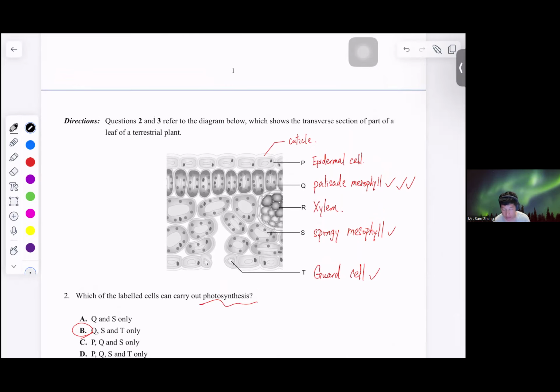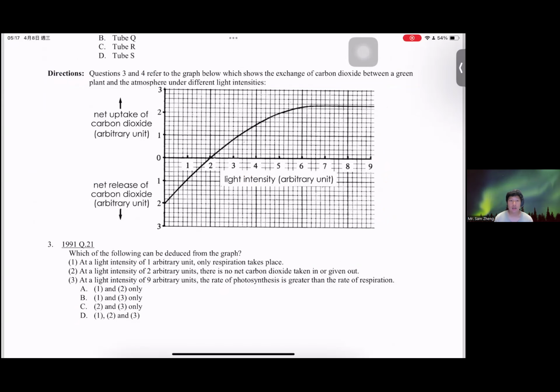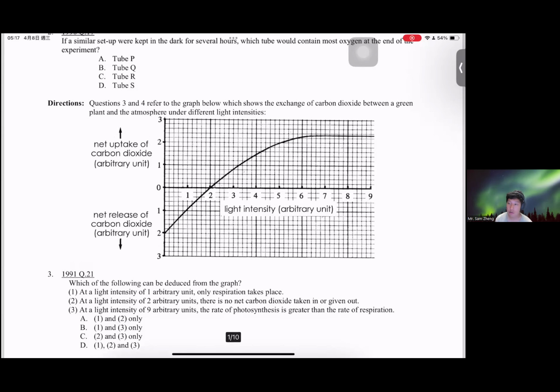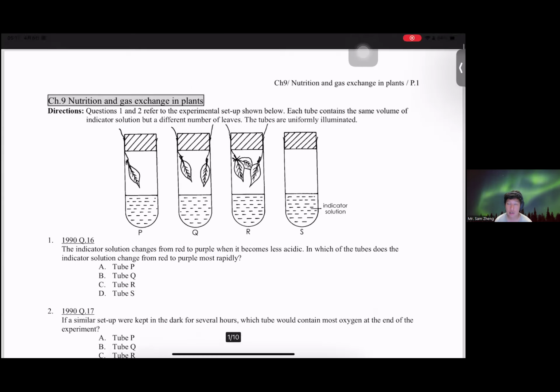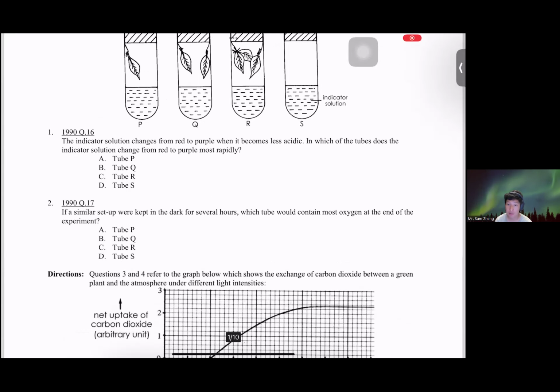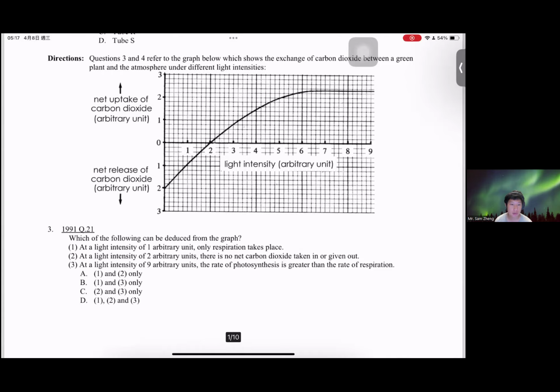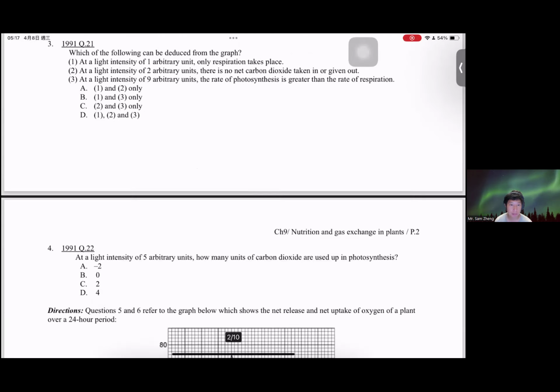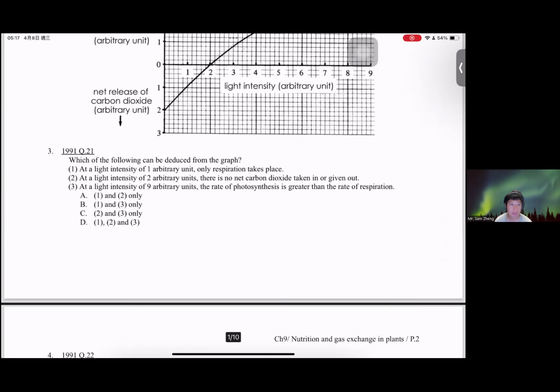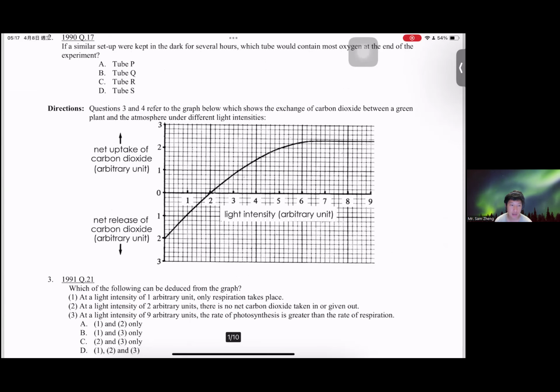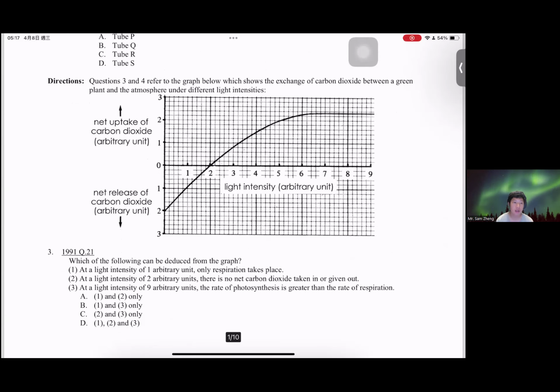Okay, so now please take out the past paper booklet. We will try to do some questions about it, some MC questions first. Please turn to your past paper booklet to this one, year 1991, question